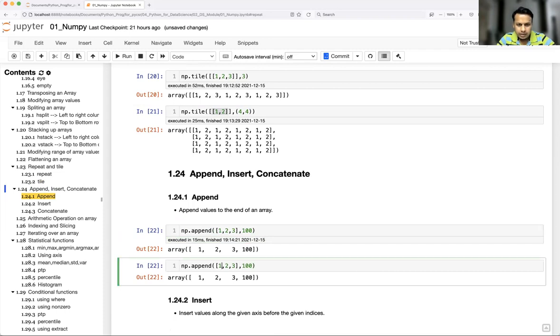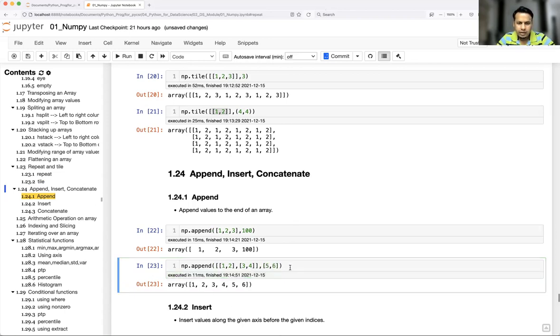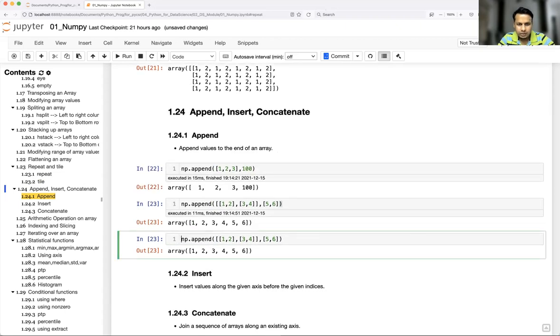Okay, now let's create a 2-dimensional array. I'm going to make 1 2, then 3 comma 4. I hope it is recording. Yeah, so 1 2 3 4, and I'm going to append, since it is 2 dimensions, 5 6. Let's see what happens. So 1 2 3 4 5 6; since I am not giving any axis, it will be flattened. Now assume that I am giving axis 0. So axis 0 is what? Column wise. You can pause the video and guess the answer.